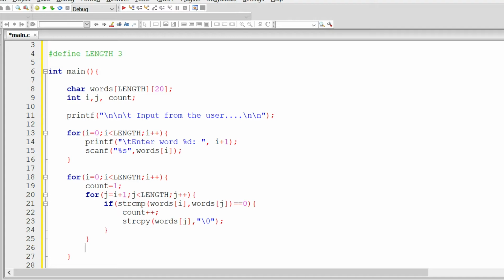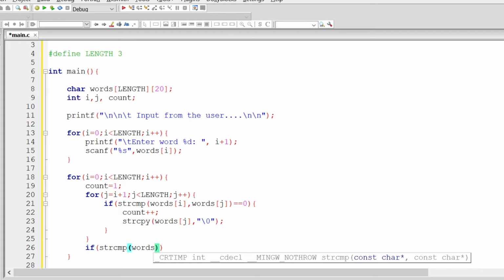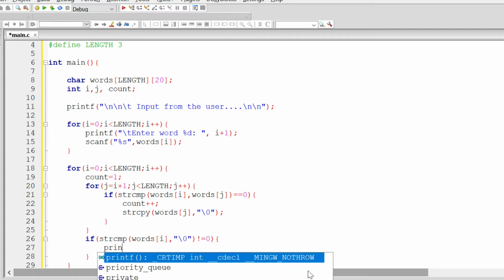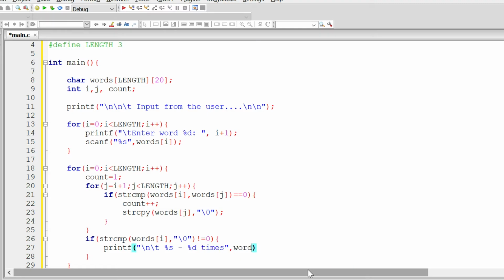If it is blank, then we will ignore it and go to the next word, and if it is not blank, then we will print the message. If, and again the strcmp function for comparison, words at index i with null terminator, and it should be not equal to 0. We will print %s dash %d times, words at index i.